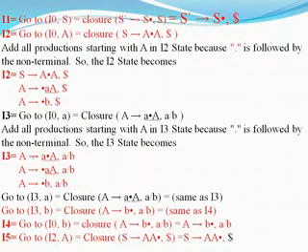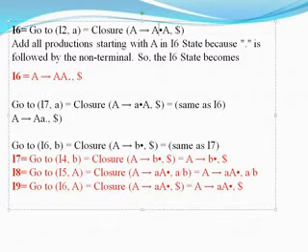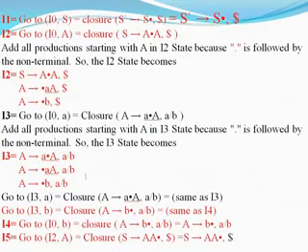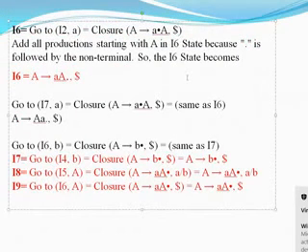After performing the operation, what I am going to get is capital A tends to small a capital A dot. Here it is small a capital A dot. I2 tends to small a capital A dot. The input symbols given for you are as usual A by B. Here you have to write a term.